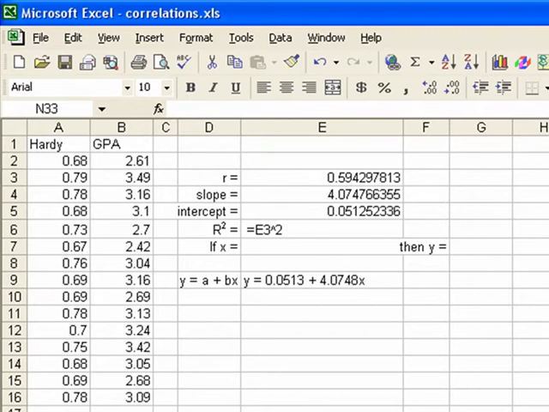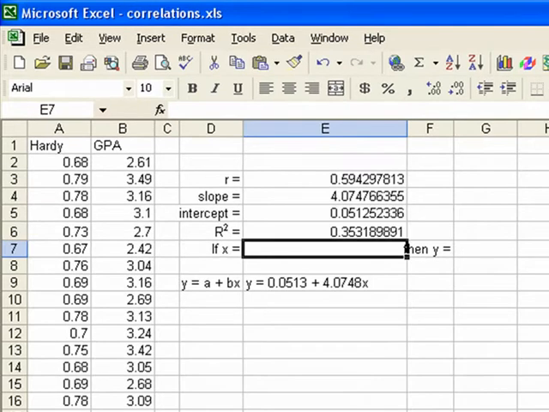That's saying raised to the power of, and since we're squaring it, we follow it by 2. So we type an equal sign, click on E3, press shift 6, then press 2, and then press enter, and we get